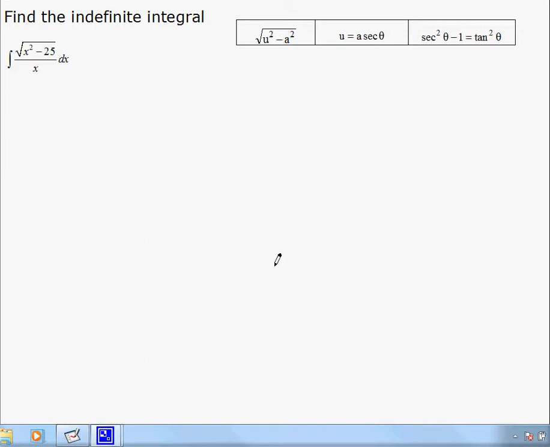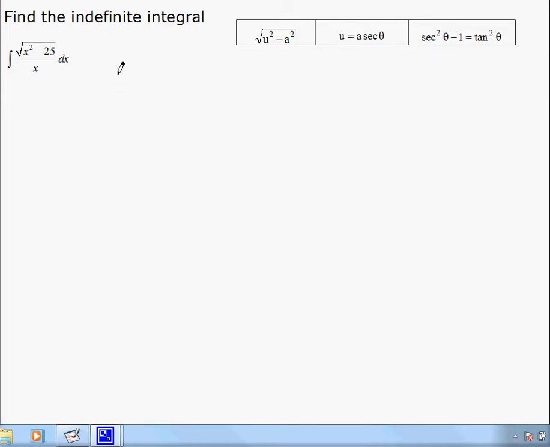In the following example, we're going to integrate this function using trigonometric substitution. U substitution wouldn't work because u would have to be under the root here, leaving 2x dx for du. We have dx over x, which we can't make equal, so we're going to try to use this substitution. We have x squared minus 25, which fits a function squared minus a constant squared, telling us that we have